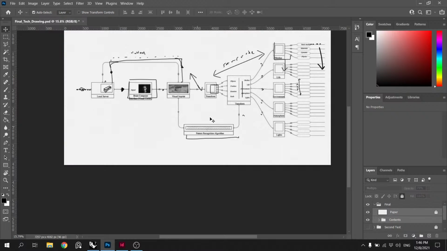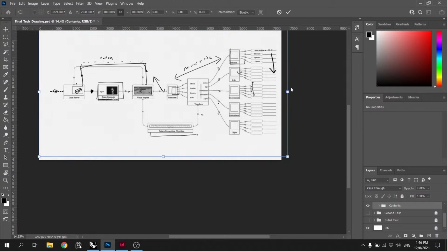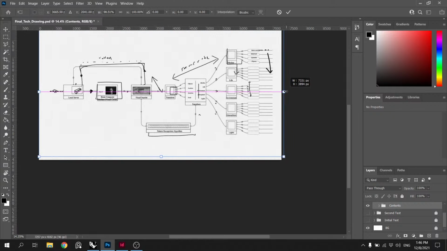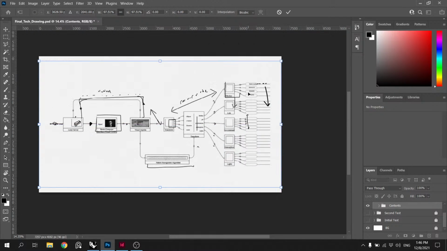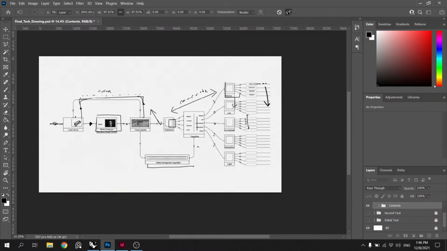And if we do a transform, there we go. Select everything and bring it into the center like so. That's better. Save that.